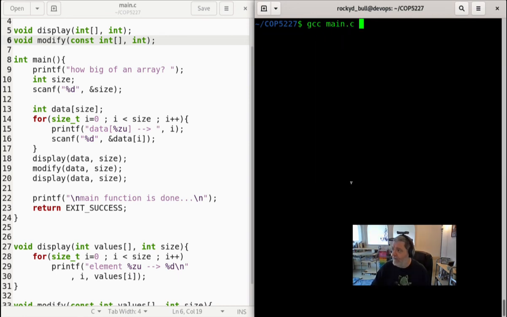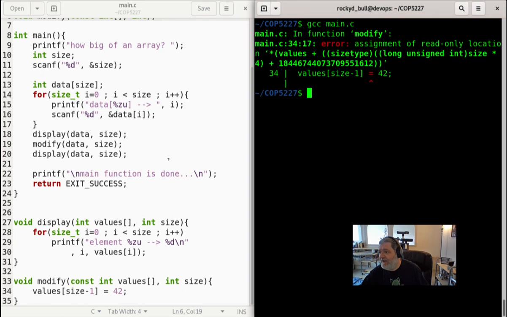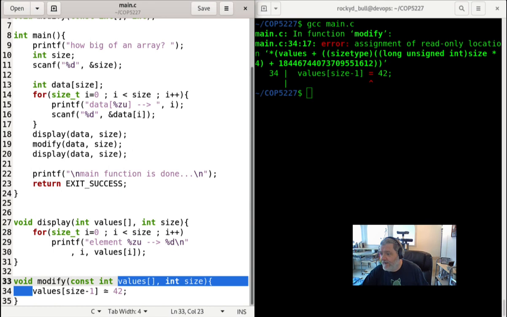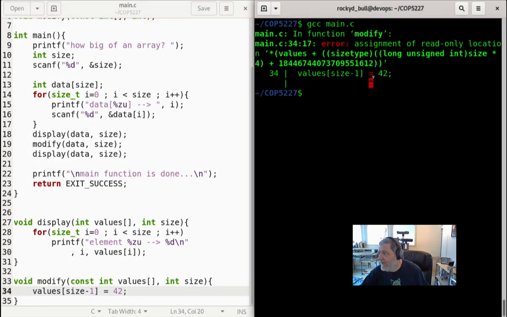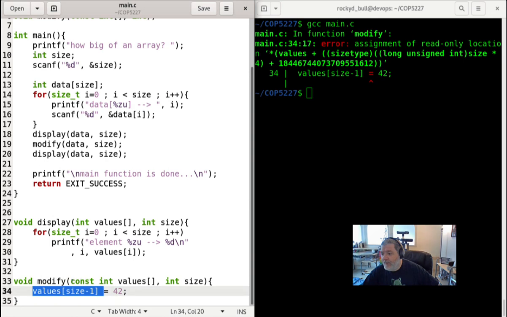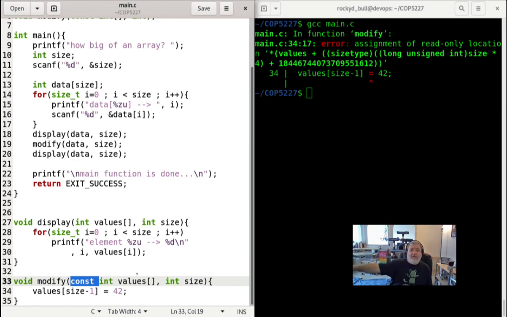Then I'm going to compile again, but it's still telling me, and this is a good error, the one that's interesting actually: error, assignment of read-only location. So when I try to do this on line 34, you see that the caret indicates that the compiler had a problem when it encountered the equal sign, the assignment operator. When I try to assign 42 to this element inside the array, the compiler realized that I declared my parameter to be an array of constant int values,